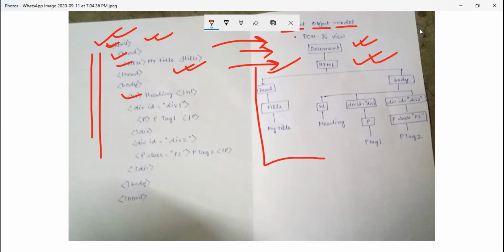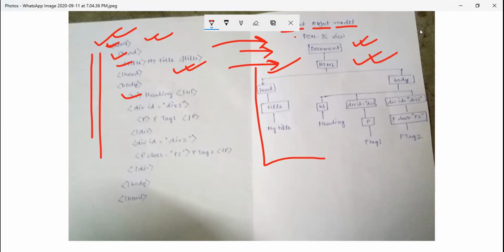Ma'am, if you are talking about this Document Object Model and its hierarchy, then I can explain it. Every tag in HTML is considered to be an object. Like, say, the title tag has its own function, head has its own function, body has its own function, and h1, div and every tag has its own function.